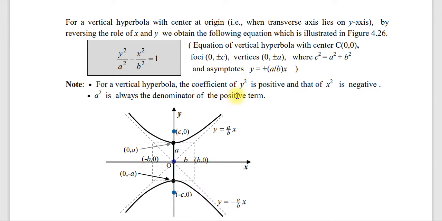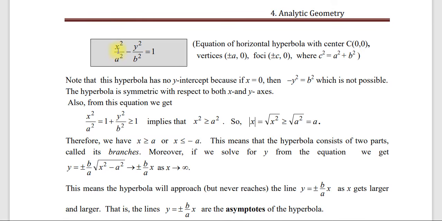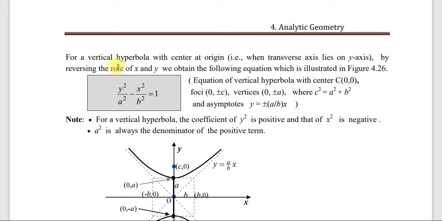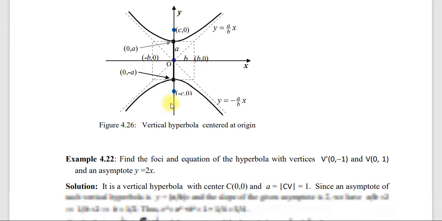ምን ጊዜም a square የፖዚቲቭ ተርሙ ዲኖሚኔተር ነው። ለምሳሌ በሆሪዞንታል ጊዜ ፖዚቲቭ x ነው፣ የx ዲኖሚኔተር a ሆነ፤ a is the denominator of the positive axis። x ፖዚቲቭ ከሆነ ዲኖሚኔተሩ a ይሆናል፣ y ከሆነ ፖዚቲቭ ዲኖሚኔተሩ a ይሆናል፤ እሷን ያዟት። ቨርቲካል ሲሆን ተመሳሳይ ነው፣ ዳይሬክሽኑ ብቻ ነው የተቀየረው። አሲምፕቶቱ b over a የነበረው a over b ሆኗል፣ ማይነስ a b over a የነበረው a over b x ሆኗል። እንዲሁም b, 0 እና 0, b የነበረው x እና y ን ያገላበጥን ነው እንጂ አንድ አይነት ነው።